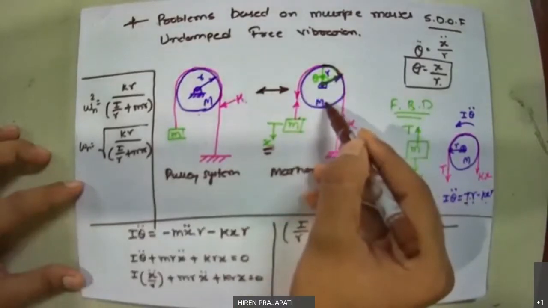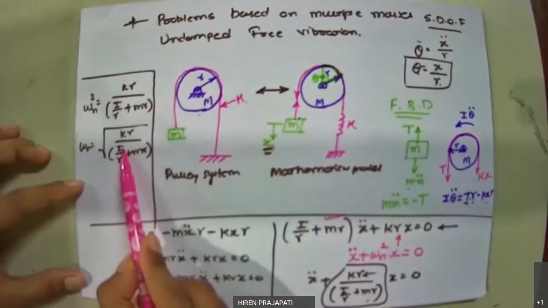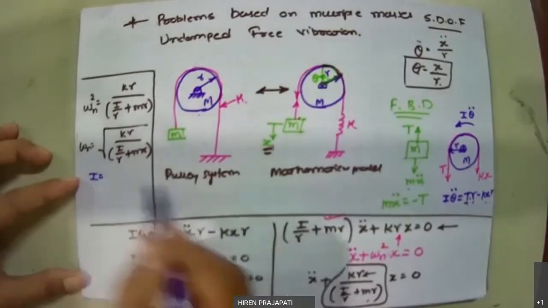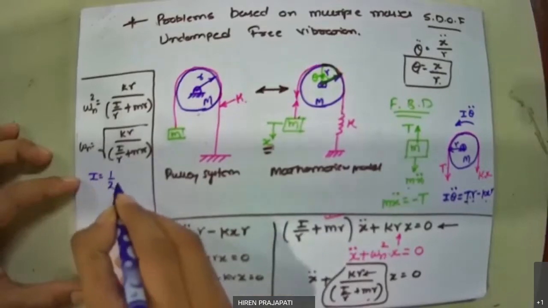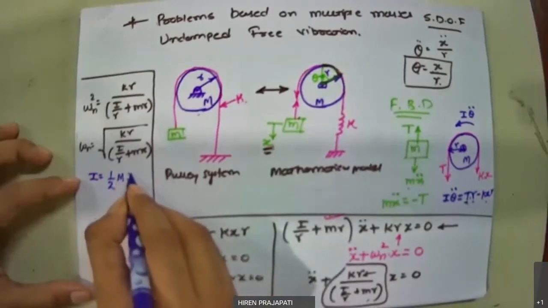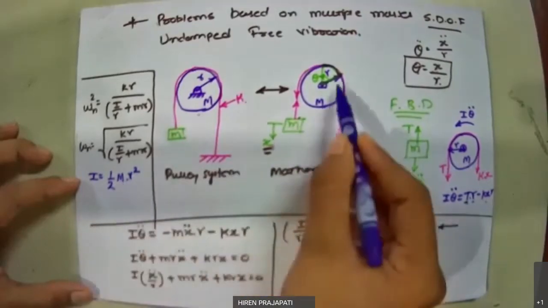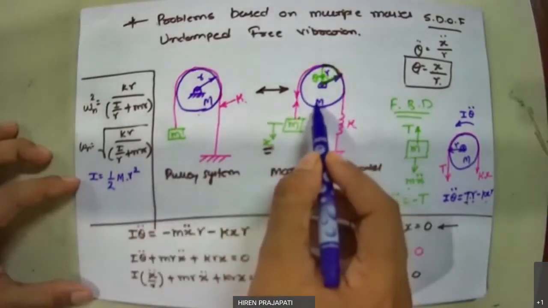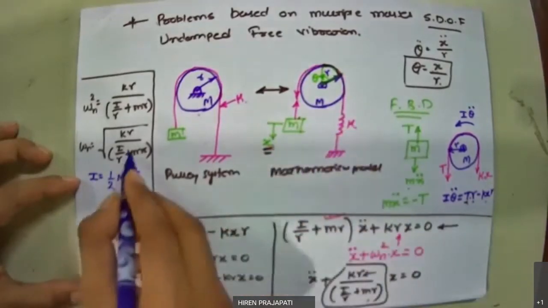we know what is the mass of this pulley, that is capital M. Now I is representing the mass moment of inertia of the pulley. So for any rotating object or circular object, the mass moment of inertia equation is 1/2 mass into radius square. So mass of this pulley is capital M, and radius of this pulley is R, so capital M dot R square. So this is the equation of I for a circular or disc type of object or cylindrical geometry. So let me write here the same value.